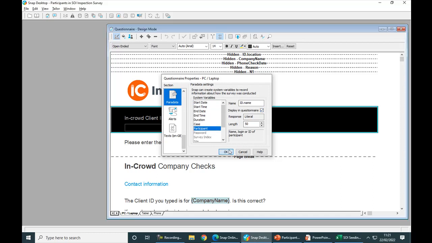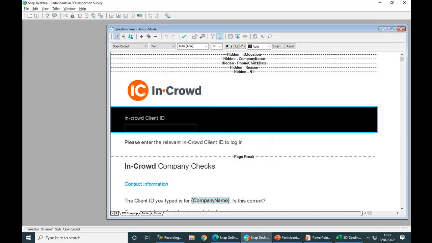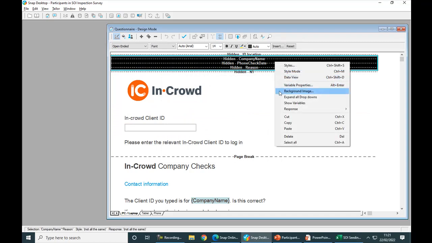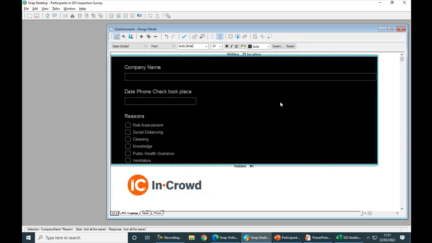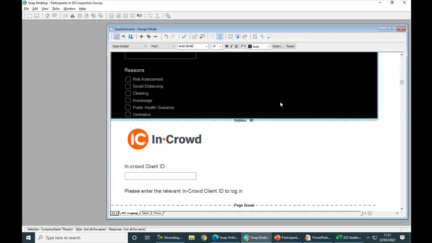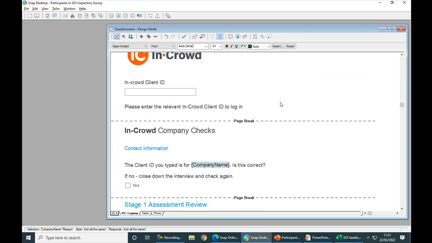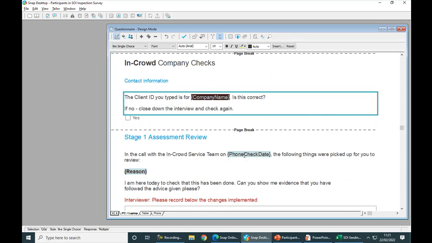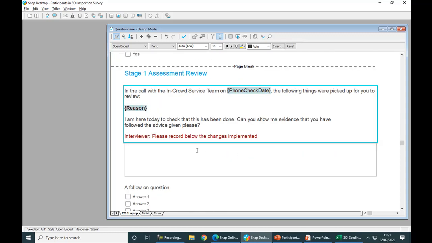At the top of my survey I have some hidden questions. These are going to be seeded from my spreadsheet and then used below to personalise my interview. So in my example today, I'm confirming the name of the business, when the initial phone check happened, and also confirming which items were picked up during that initial phone check.